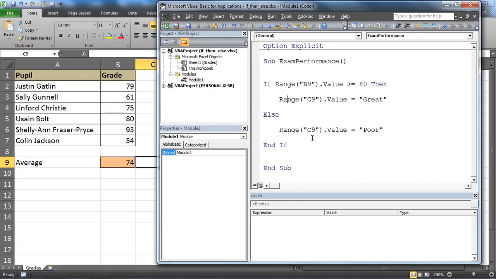Okay, what we're going to look at doing is adding on to that now, and we're going to start adding in further tests. So what I'm going to say is if it's greater than 80, then great. If it's greater than 60 but less than 80, then I know it's average, and otherwise it's poor. So what I'm going to do here is change this else statement to an elseif. Now that is written all as one word